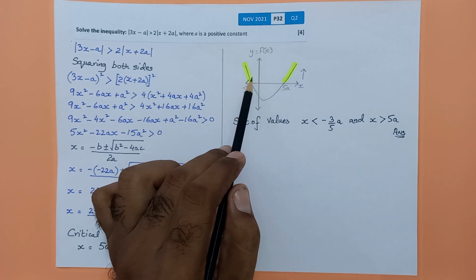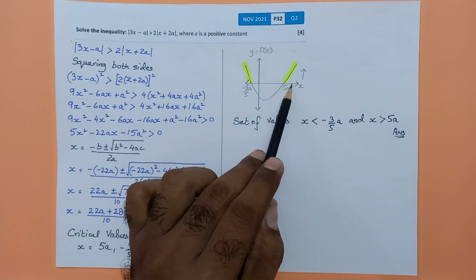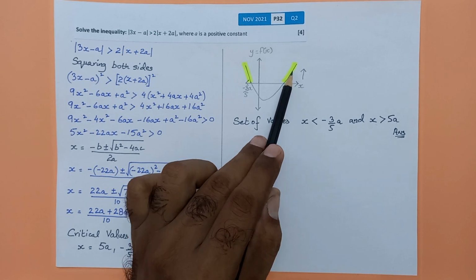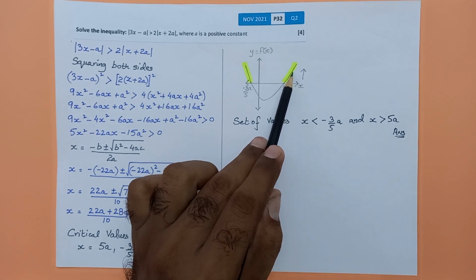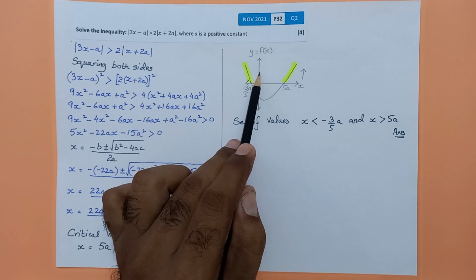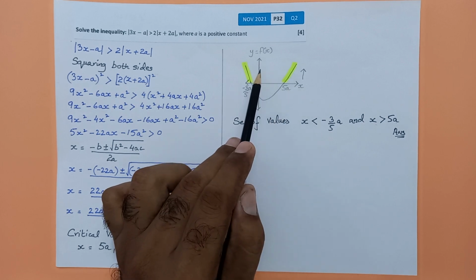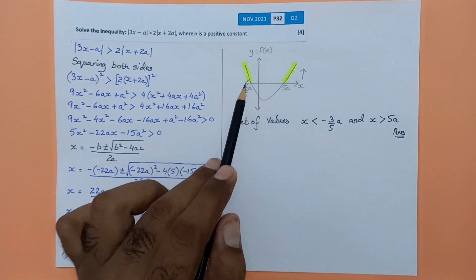If we just observe the graph, we can say that if we take any value greater than 5a, and take a point on this particular curve, definitely the y would be positive. That means any value greater than 5a would result in a positive value of y,